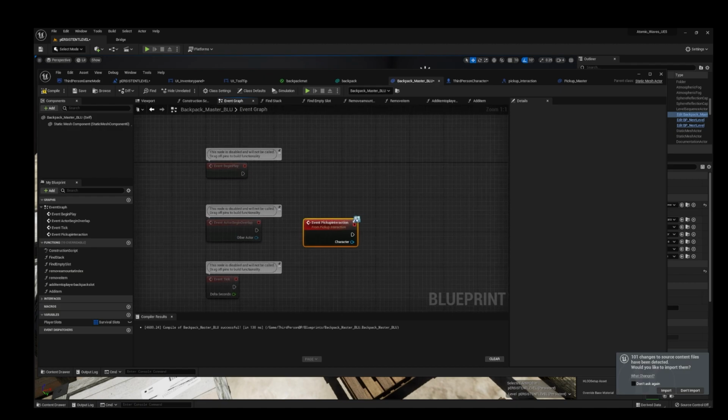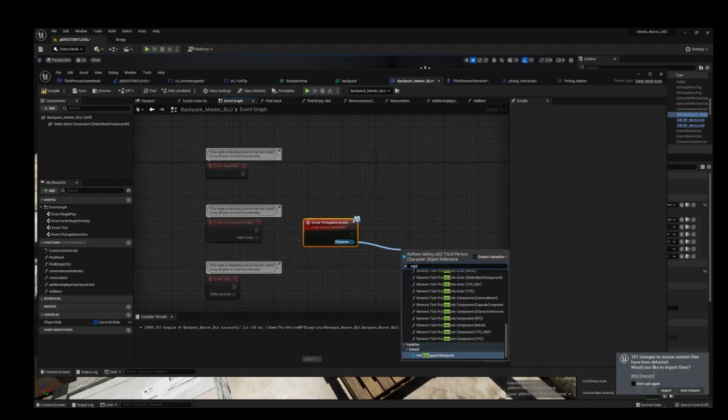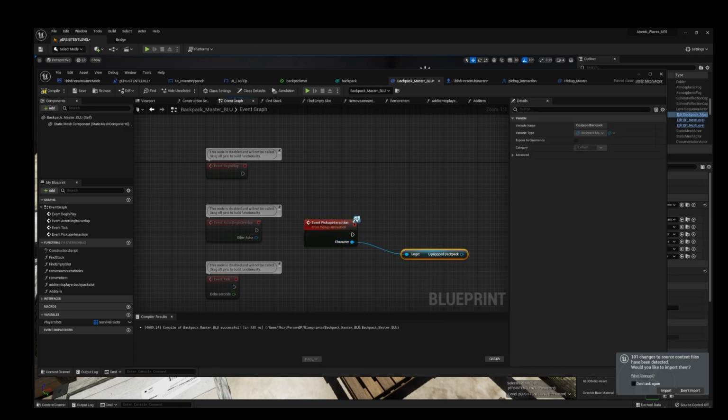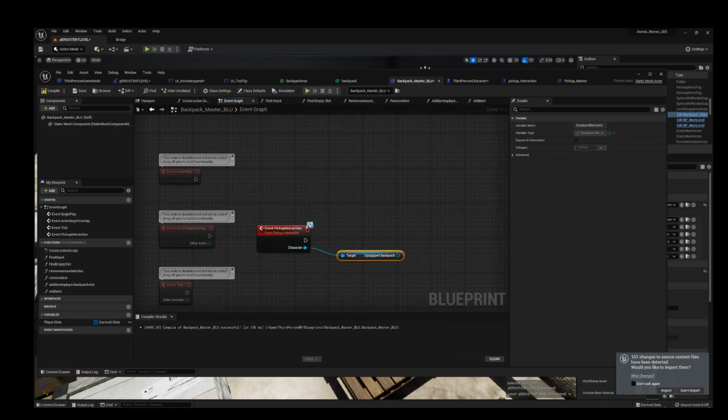Now from character, we're going to get the equipped backpack variable, like so. Drag out, get is valid, the one with the question mark. We're going to drag the execute here to our event pickup interaction.